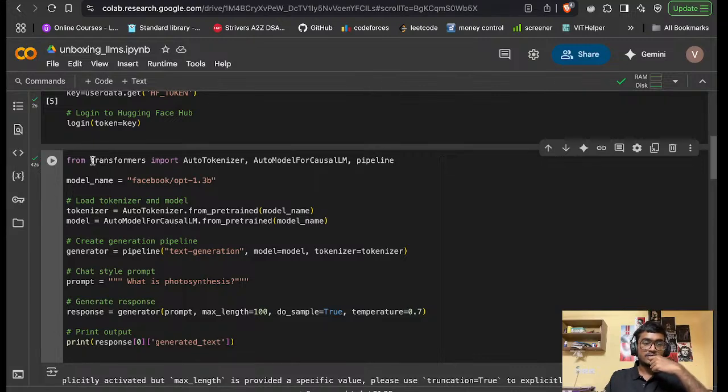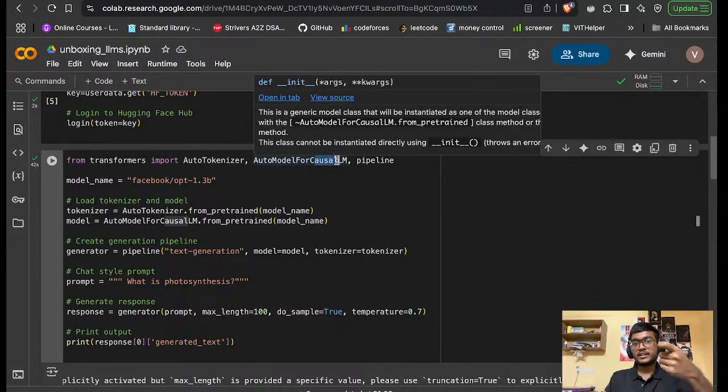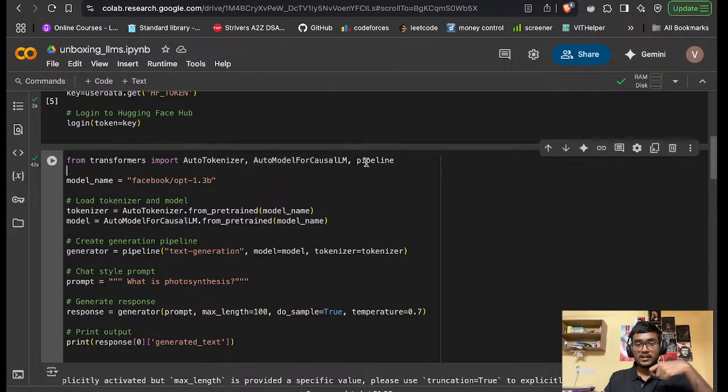So this is the Hugging Face library, transformers. I'm importing AutoTokenizer, which is used to tokenize, and AutoModelForCausalLM, which is a package for importing pre-existing models on Hugging Face. Causal LM means it's for chat, text-to-text purposes, that type of model, and then pipeline. Here I'm giving the model name, which is Facebook's OPT, and here I'm loading the tokenizer. Here I'm loading the model,